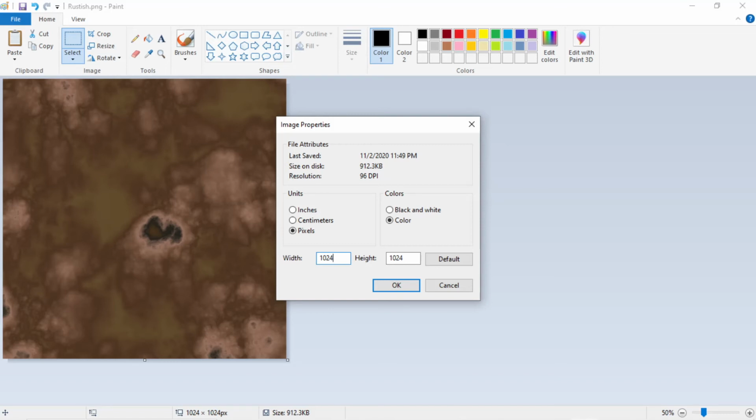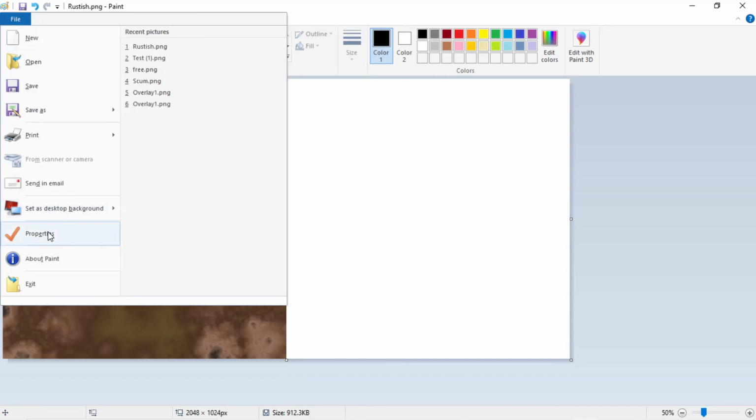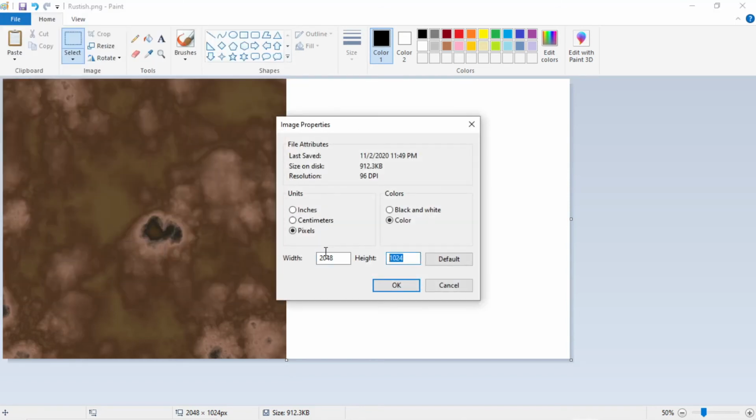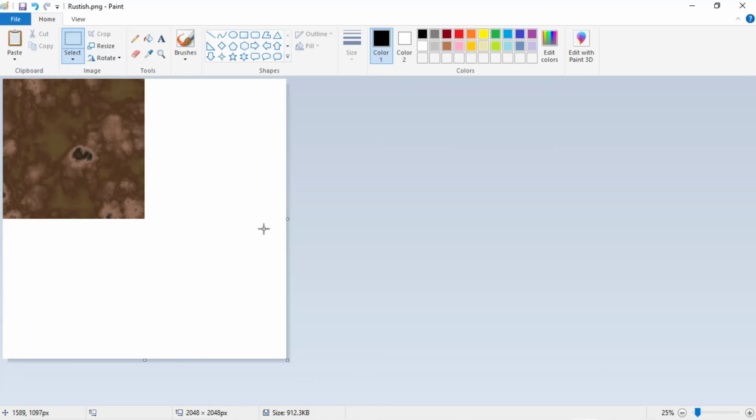I know in GIMP it will. But anyways, it's 2048. And there we go. We have one right there. The other one's going to be 2048 as well. So we have 2048, and I'm pressing Control and scrolling in and out, by the way. And if you hit Control and V,